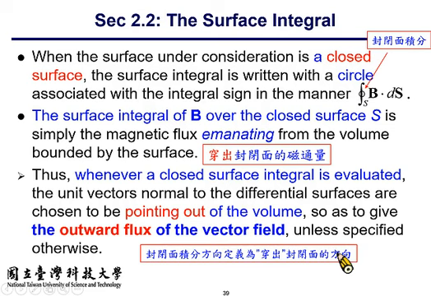a circle on the integral symbol, right? So this circle suggests that the surface is the closed surface integral. So what is the physical significance of this representation? It tries to find out the total magnetic flux coming out of a closed surface, coming out of a closed